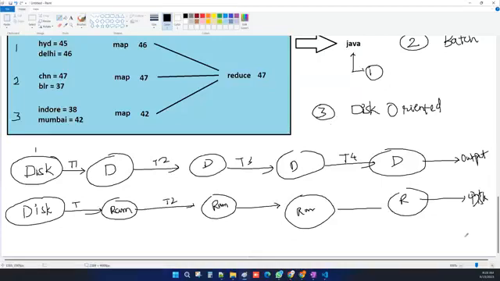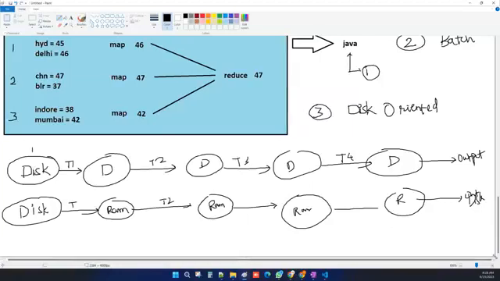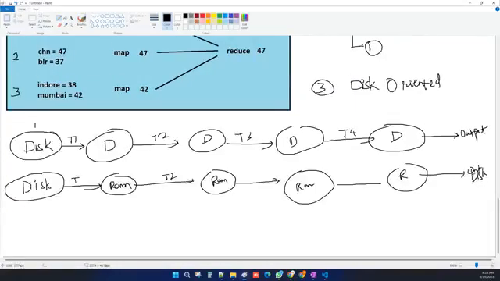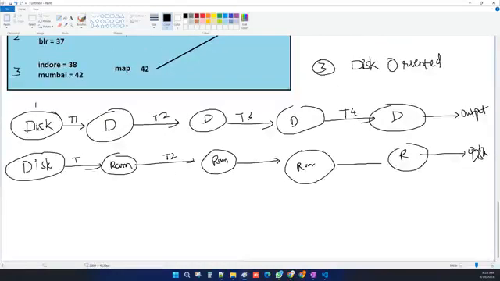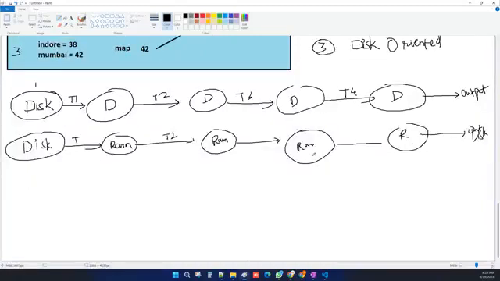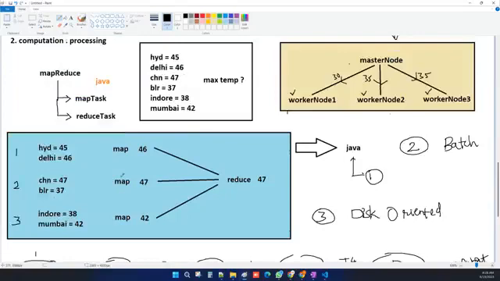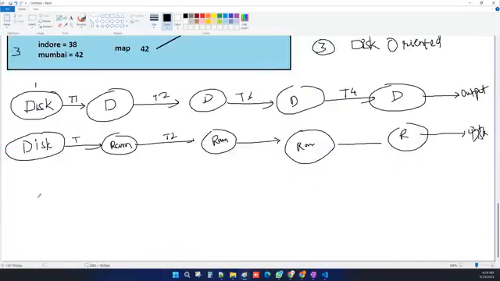And one more is, MapReduce does not provide you the client support. MapReduce is not providing you the client support. It only provides you Java. But Spark actually provides you